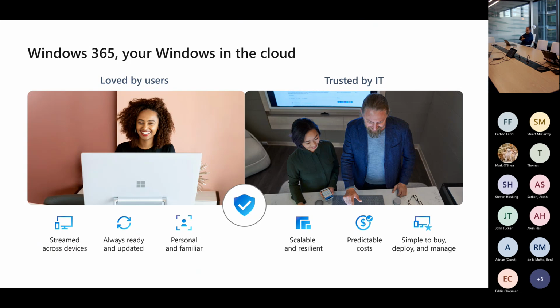There are clients for Windows 365, which just went GA probably 15 days back, for most device types in the market: Mac, Android, Chrome OS, Windows, or Linux. So no matter what endpoint the end user has, they can continue their work from wherever they left off.